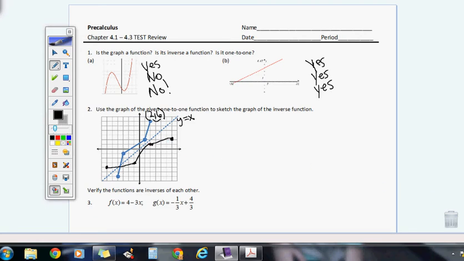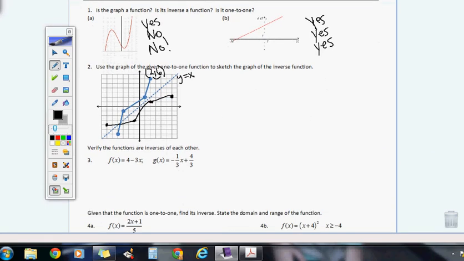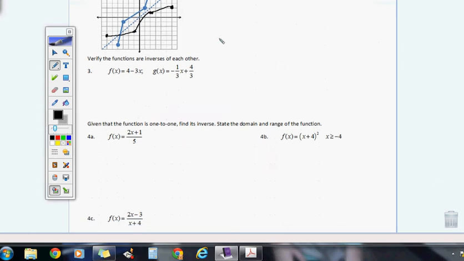Okay? So now on the next one here, how do we verify that functions are inverses of each other? Well, I'm going to do that work right up here, and we've got to show 2 things. We've got to show f of g of x is actually equal to x. So let's do that first. So taking this function g of x and putting it into the other one looks like this. 4 minus 3, and then what do we put into that one? Negative 1/3 x plus